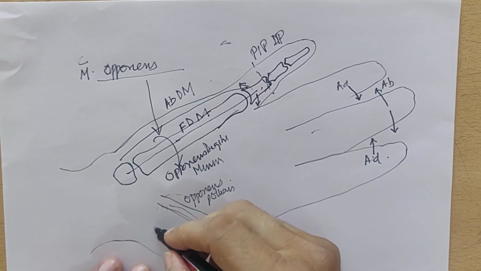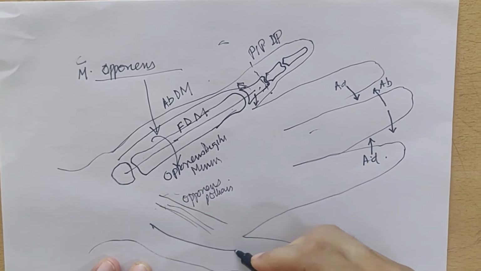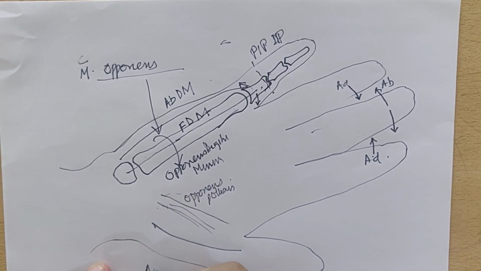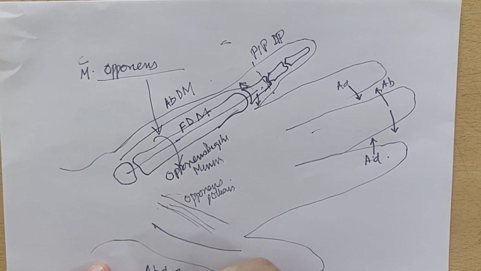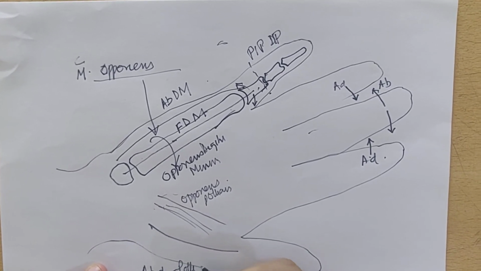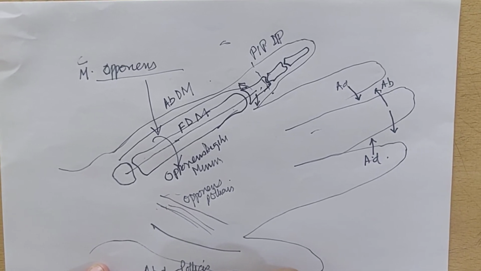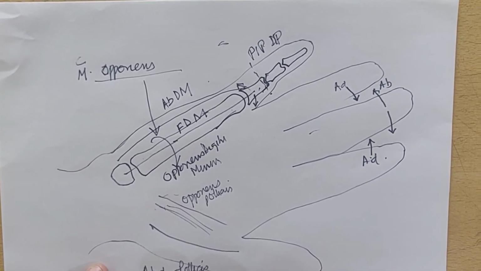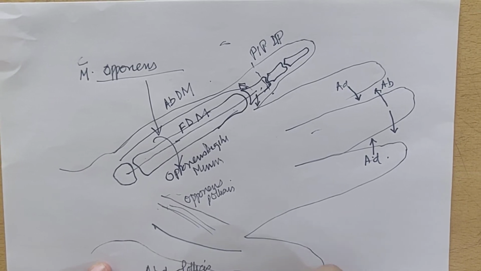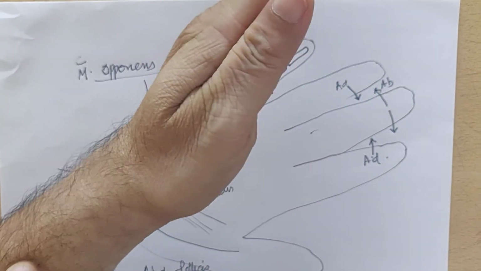Same way, abduction of the thumb is by abductor pollicis, and you have two of these, longus and brevis. You see, the thumb, when it is